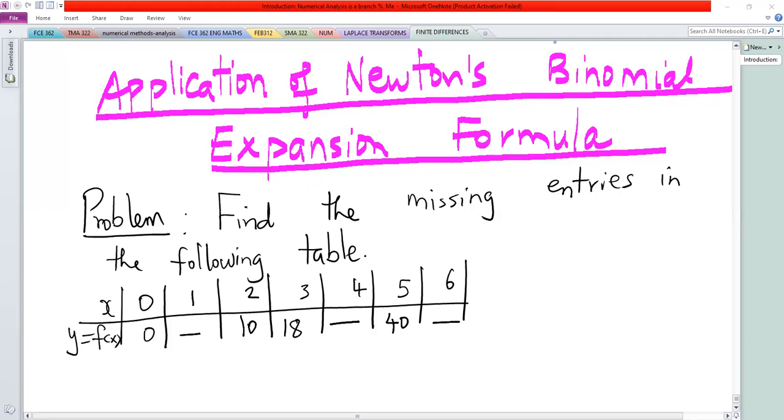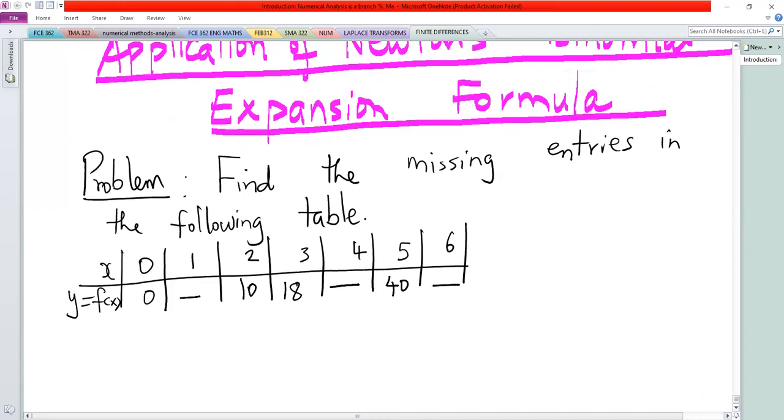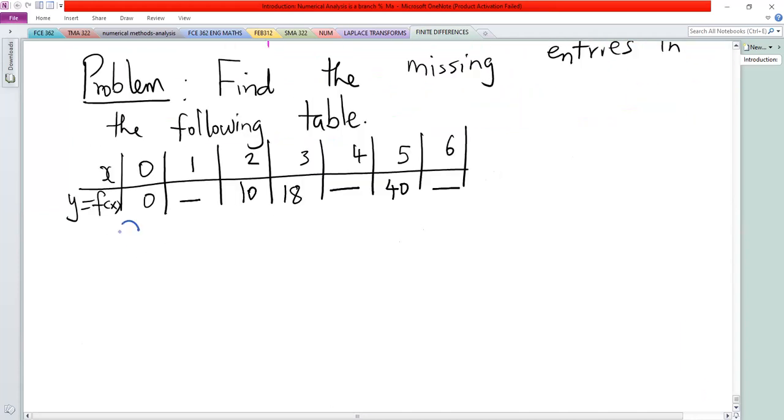Welcome. So there's a problem for us to apply the Newton binomial expansion formula. The problem says: find the missing entries in the given table. So to solve this, solution,